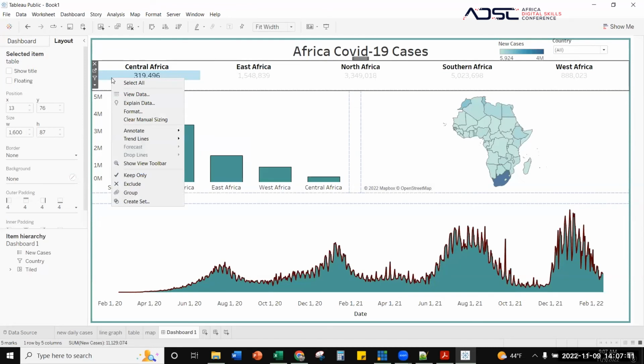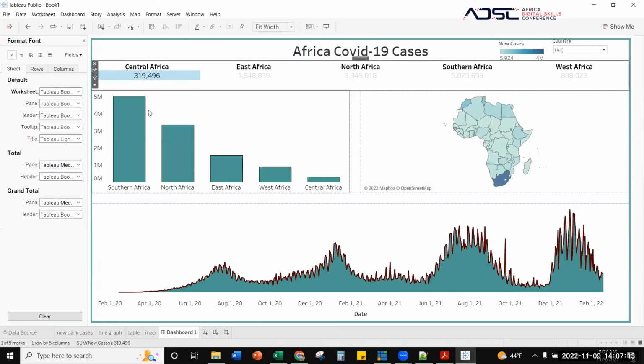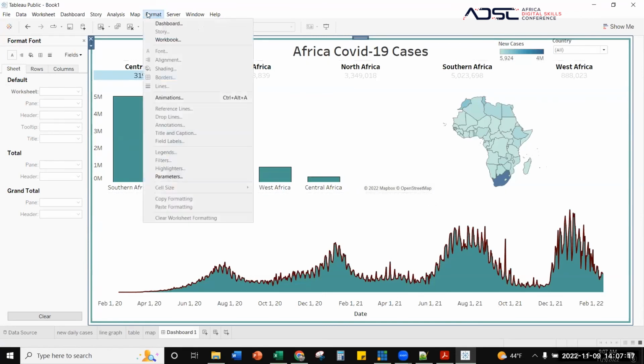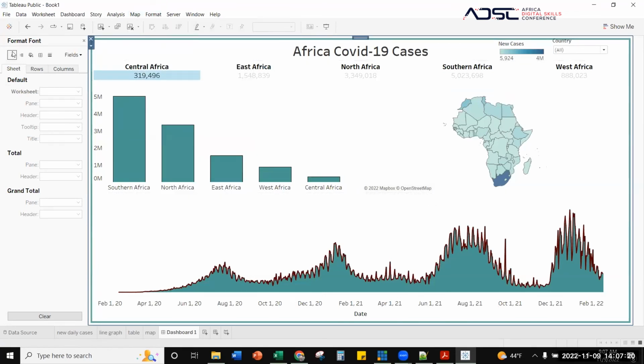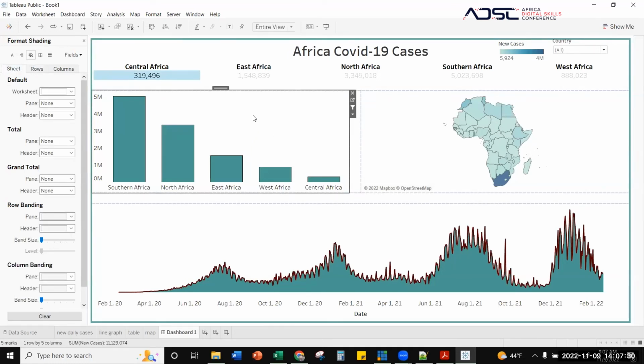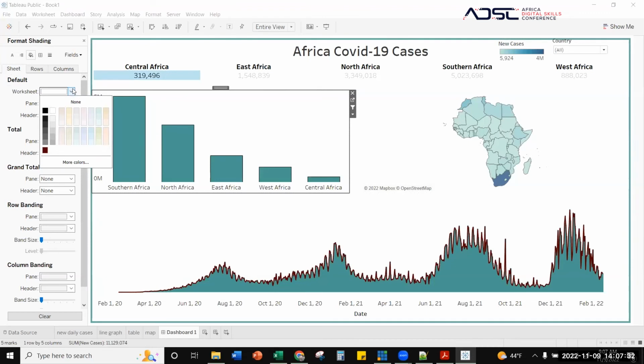So right click on this and just go to format. I just want to format the whole table. Then you go to sheet. It's not allowing me to format the entire sheet, so you have to do it pane by pane. So let me take this background